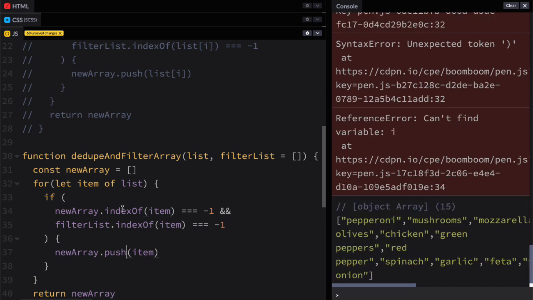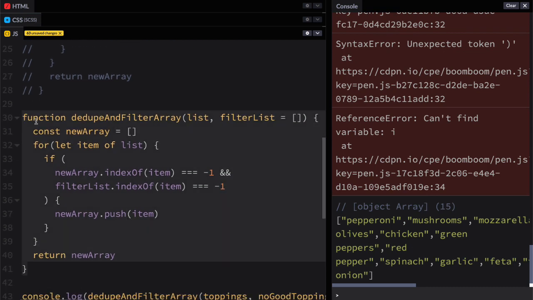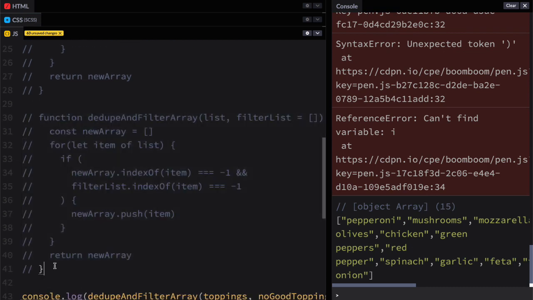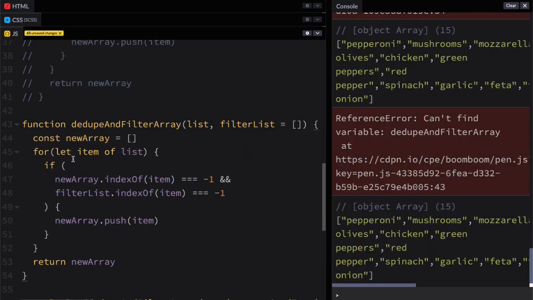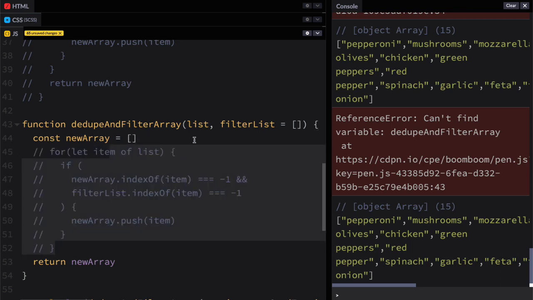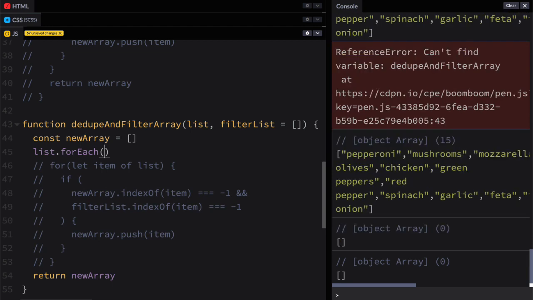Great. We're making progress. We still have a loop though. Let's keep bringing this down, comment this out, make it again. We can clean it up just a little bit more each time, right? So instead of this loop, let's go with a for each, okay? So in here, I'm going to comment this out for a second and just go list.forEach. Again, we're going to use item,